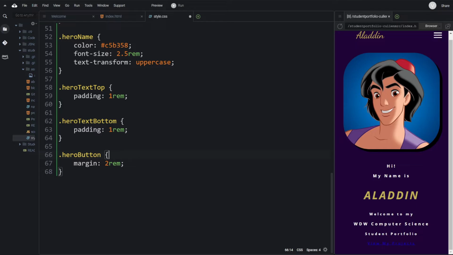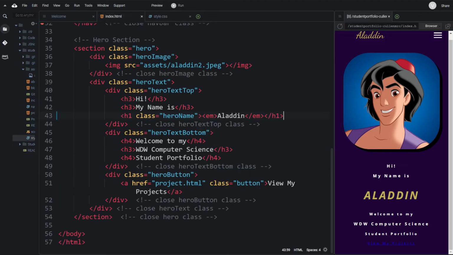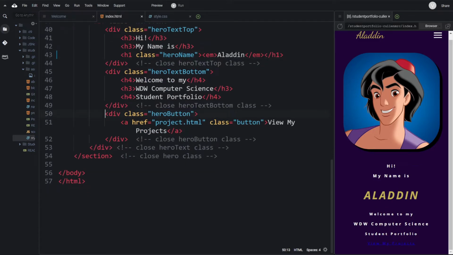We have a total class for button, that's down below, but then we have an individual class. So let's just refresh our memory. Let's go back to index. And here's what we're referring to right down here. Notice the entire container is labeled with hero button, so we're going to give a little padding inside of that. And then we have a class of button attached to that anchor tag that will take us to the